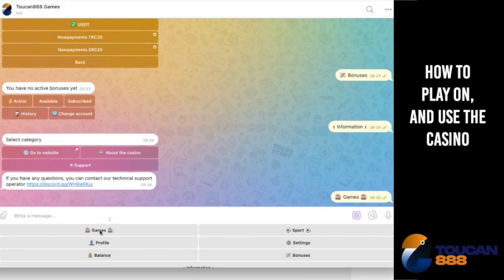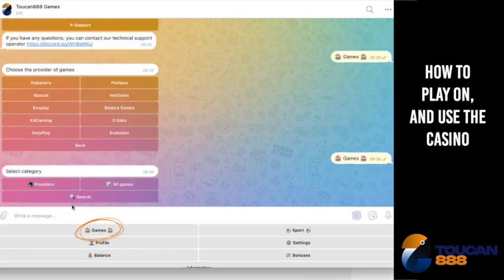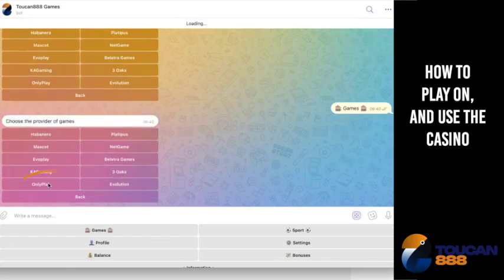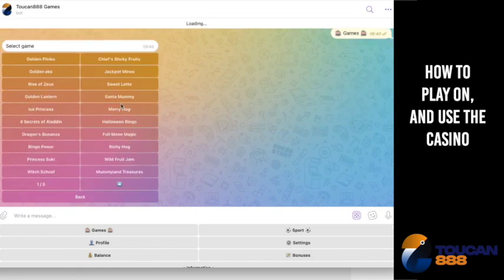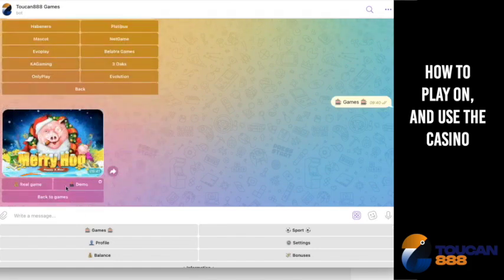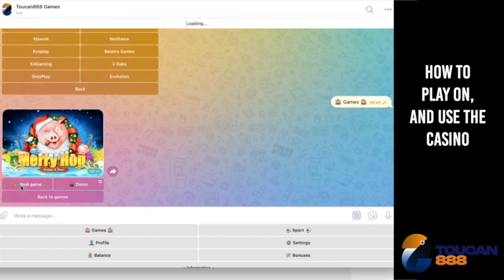and move directly into the games itself, if there is no specific game I want to play, although we do have a search facility for that, I can just click on providers. I can pick any of the providers that we have, and let's just say I want to play Merry Hog. It gives me a couple of options. I can either play a real game, or I can play a demo version of the game. If I click on real game